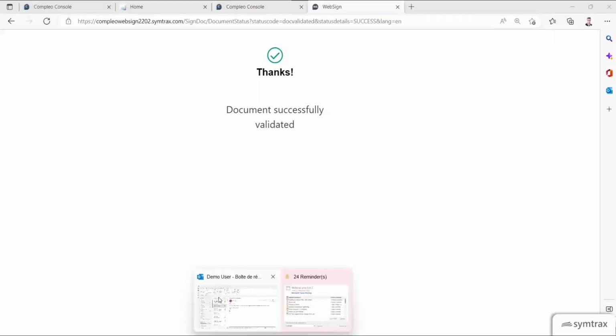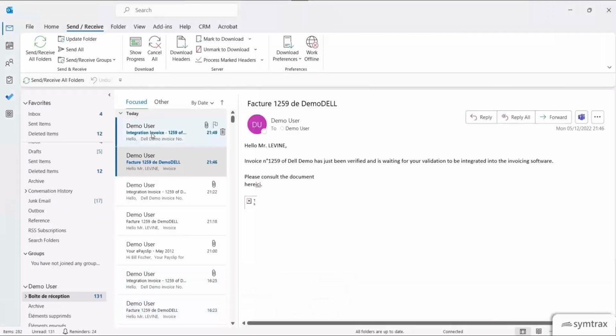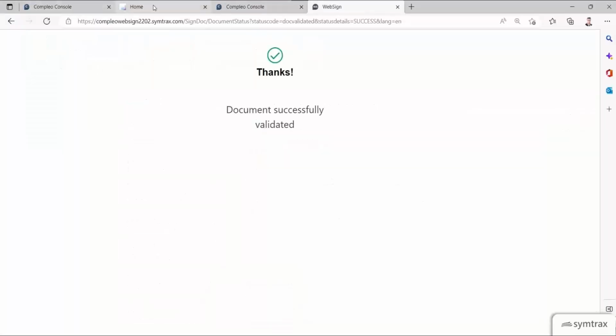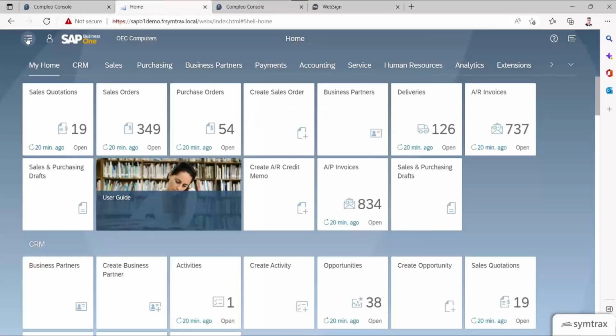So I will just check my Outlook again, whether I have received any email. Yeah. Here, Dell demo invoice number 1259 has been integrated into the SAP B1. Now I will log on to SAP B1 and I will check whether the draft invoice is there or not. So I have already logged on to the SAP, and I will open the menu item,